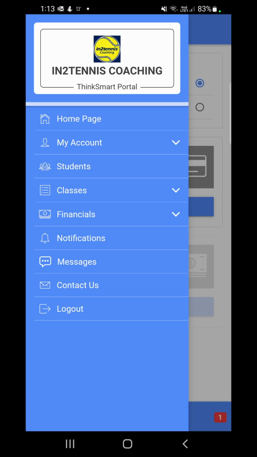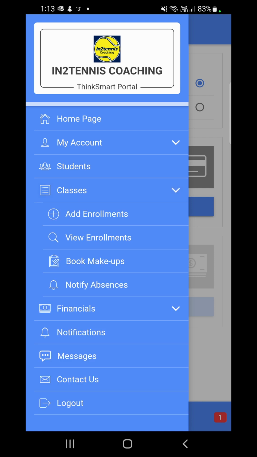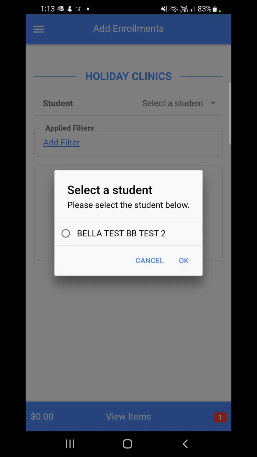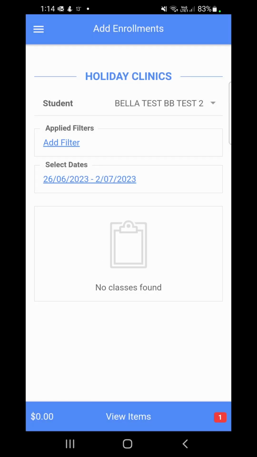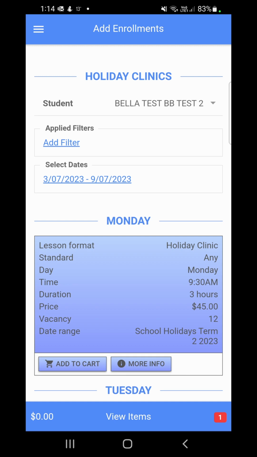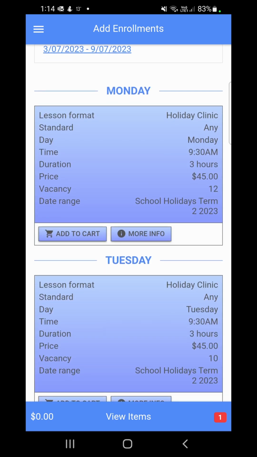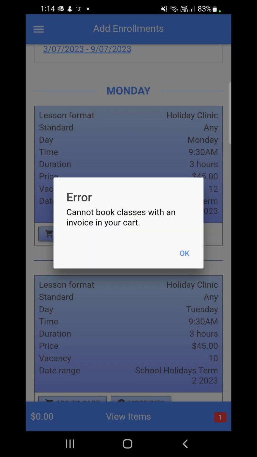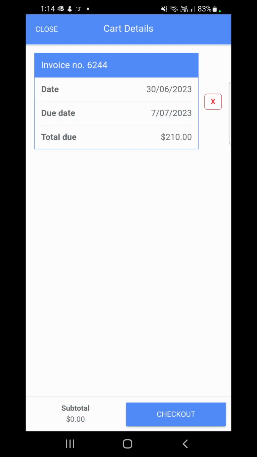It's also really easy to book in for a holiday clinic or a tournament. So if you click on Classes and Add Enrollments, I can click on the holiday clinic profile. I can select which student I want to book into the holiday clinic. If you can't see anything, select the date range, maybe for the next week. And there we go, there's a holiday clinic there. And it's very easy just to add it to the cart, pick the date, and now it's in the cart. And you can just press Checkout